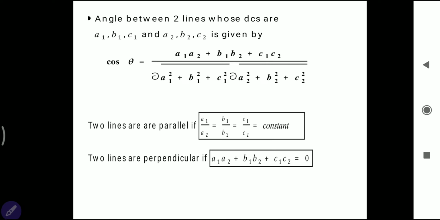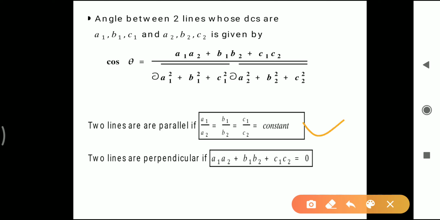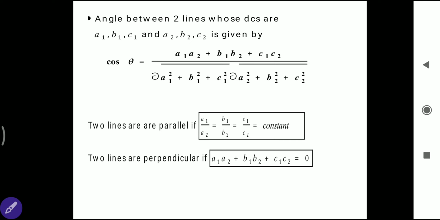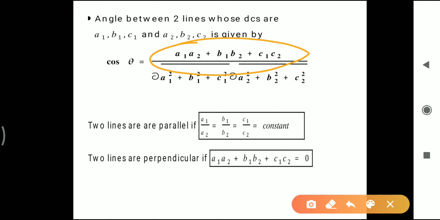Now if the two lines are parallel, obviously theta will be 0, and their direction ratios are proportional to each other or equal. That's why we have written a1 upon a2 is equal to b1 upon b2 is equal to c1 upon c2, some constant. Similarly, if the two lines are perpendicular, theta will be pi by 2, cos theta will be 0, and you get a1 a2 plus b1 b2 plus c1 c2 is equal to 0. So this is the condition for